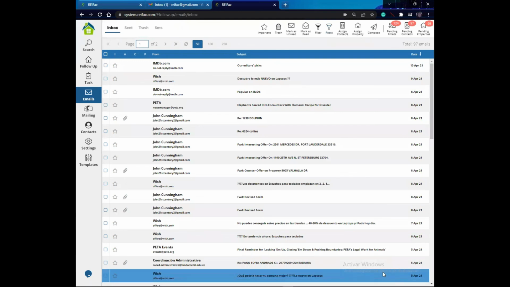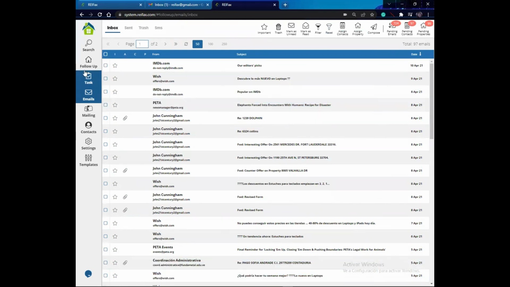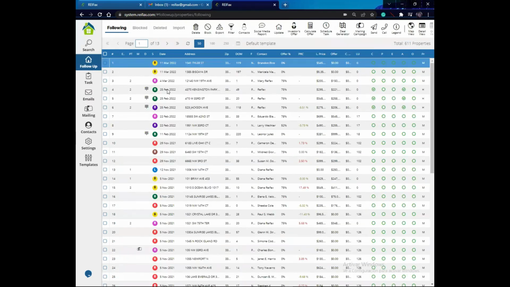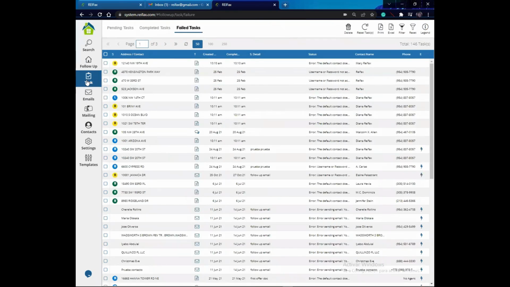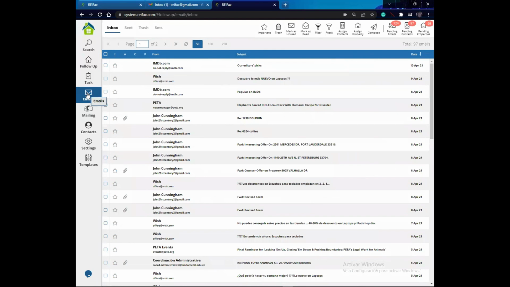Do we have any questions? This is pretty much what I wanted to show you today: how to look up and how to see everything from your task tab and what the task tab is about and how to use it, and how your email inbox and outbox works. It's pretty much straightforward. There's nothing much more about it. So if you don't have any questions,